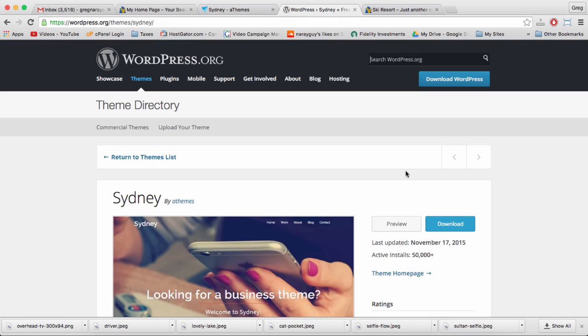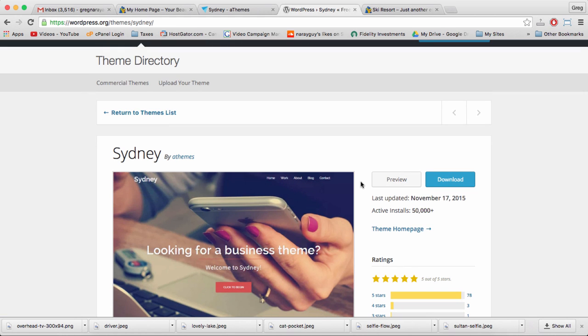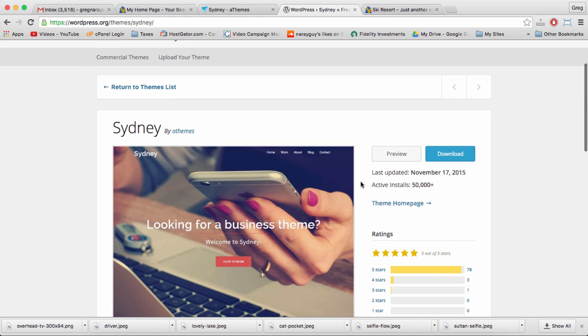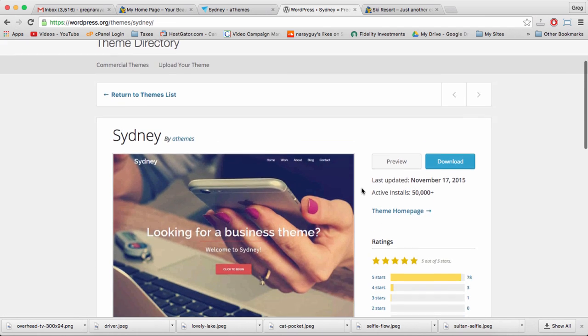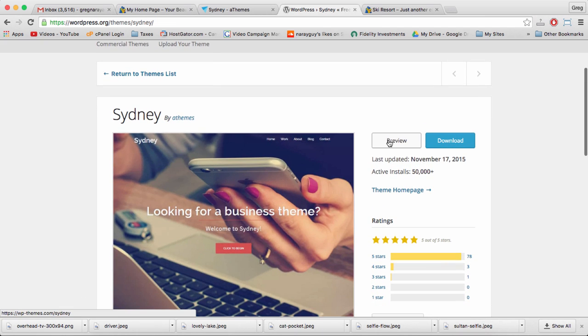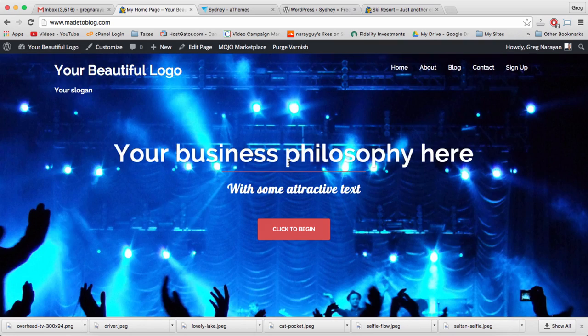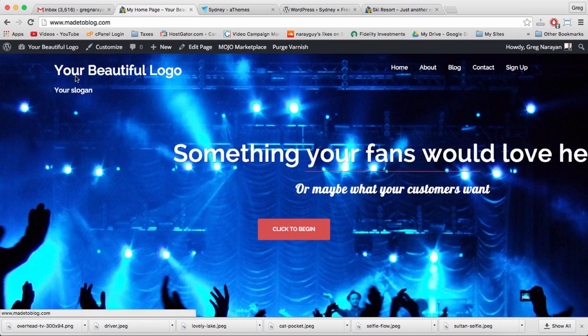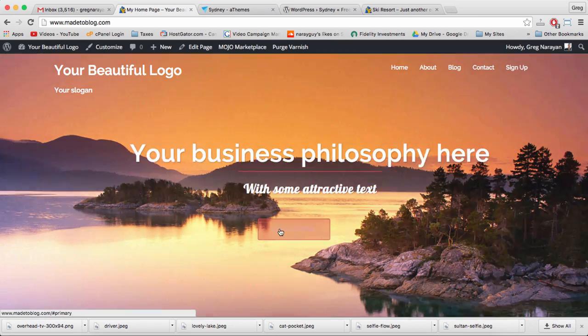Alright guys, today we're going to do another WordPress tutorial and we're going to cover Sydney. We're going to customize the Sydney WordPress theme shown here on the WordPress.org showcase where you can download it or preview it. Although to download, we're going to just do it through our dashboard in WordPress, and we're going to build this site right here with a text logo and slogan, a nav menu,